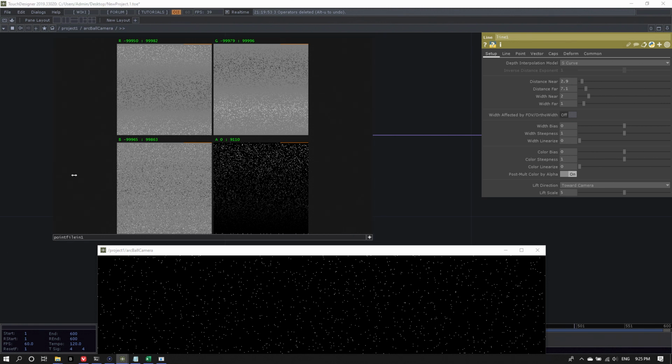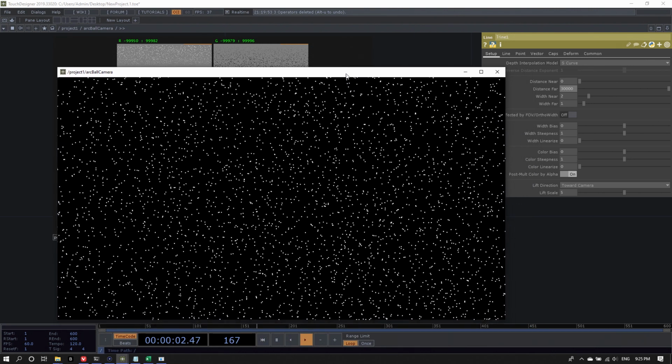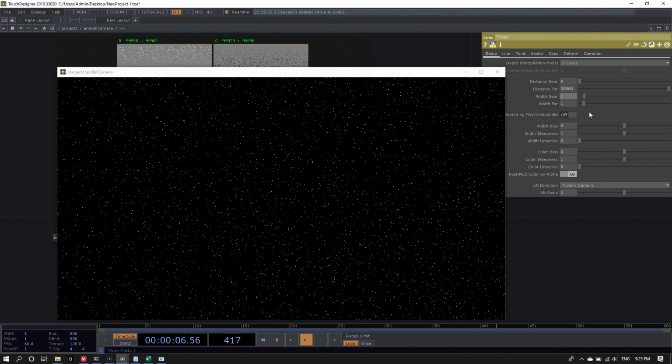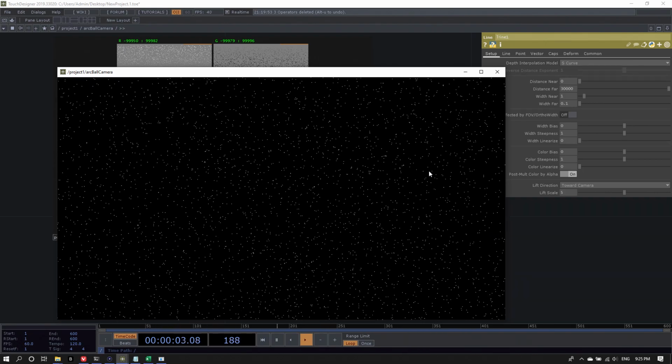So perhaps if I set the distance near to 0 and the distance far to, well, let's say 30,000. Let's see what the effect of this is. And now I actually can go ahead, change the width near to 1 and the width far to 0.1, and I get a pretty nice representation of the whole thing.